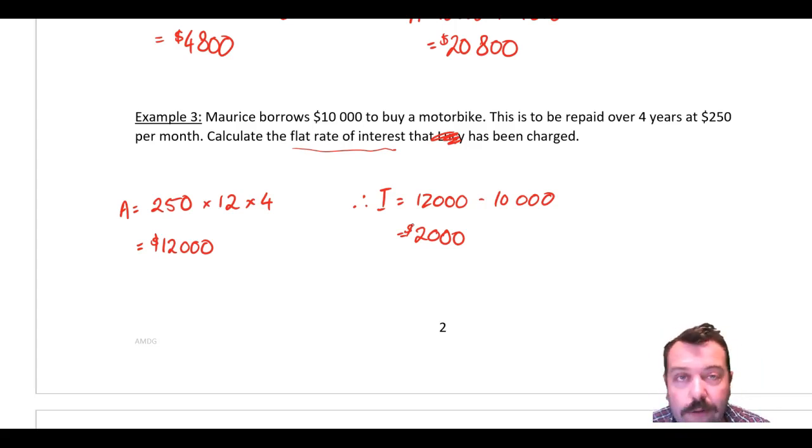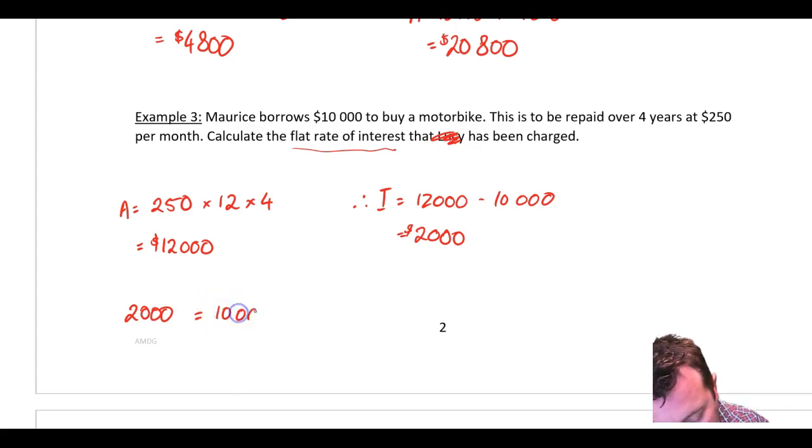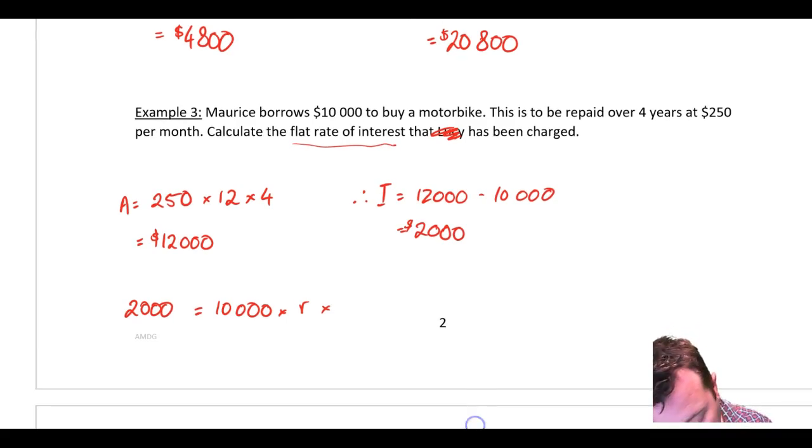So thinking back to our formula, simple interest is PRN, I'm going to say, substituting in $2,000 as our simple interest, is $10,000, that's the P, times some rate, times the number of terms, right, which is not 48. We're going to give it this as an annual rate of interest, so it's over how many years? So over 4. Right. So rearranging this equation, I'm just going to say 2,000 equals